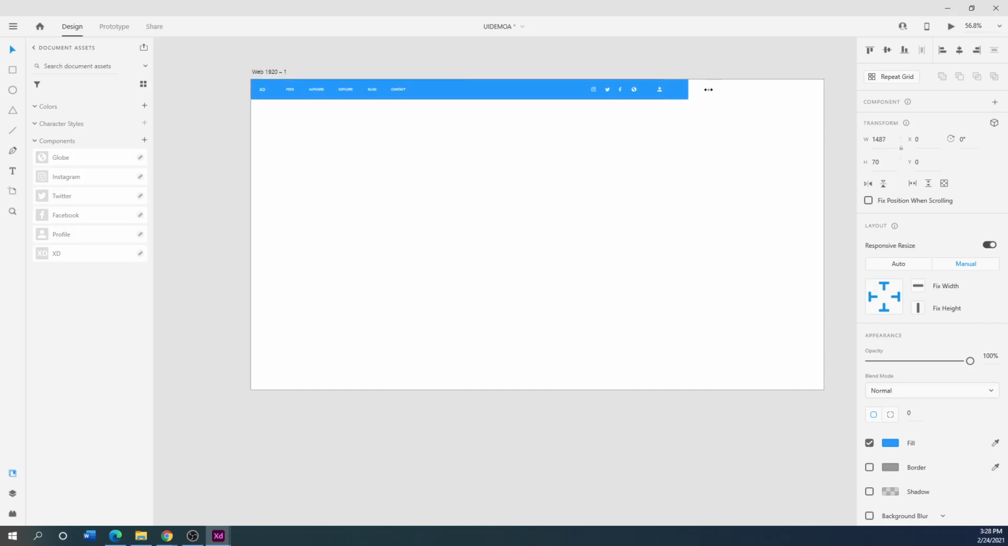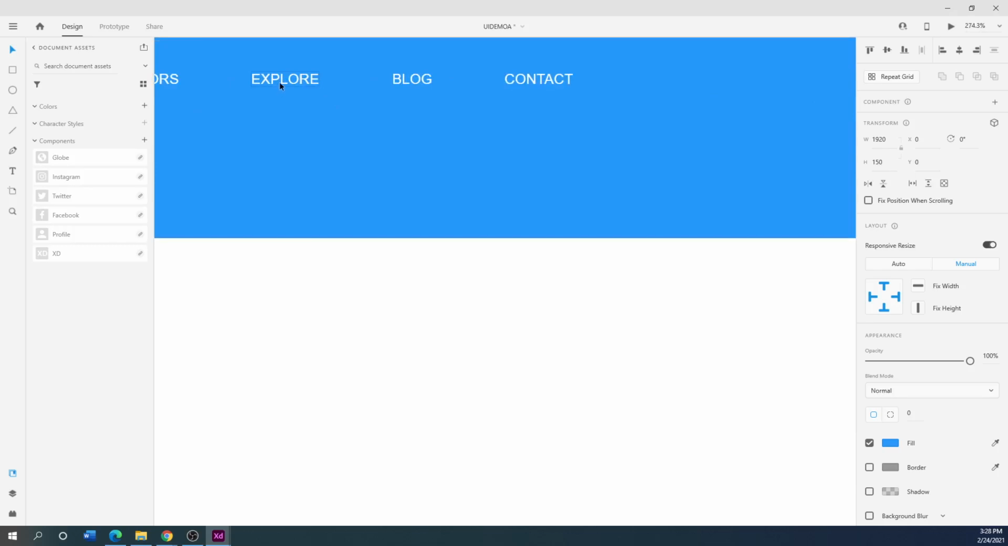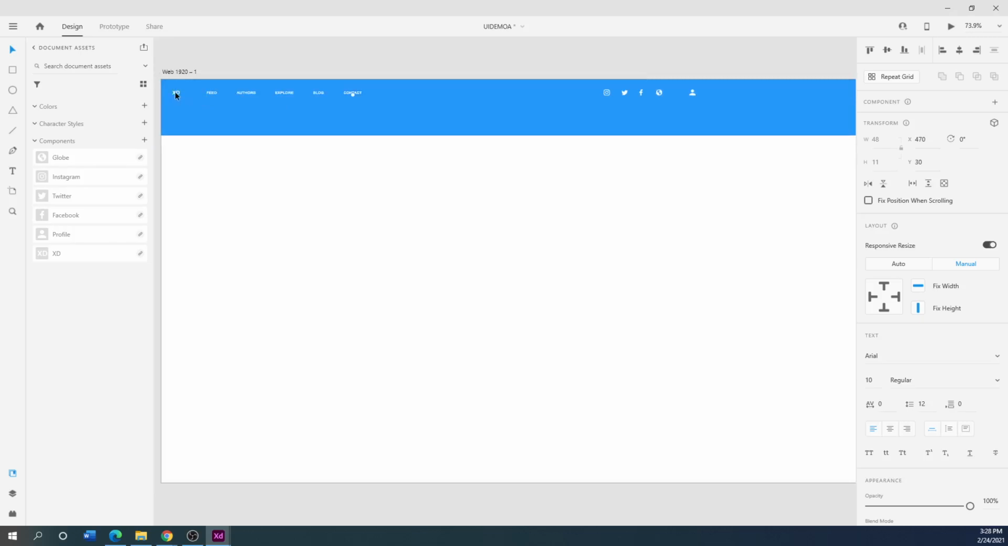You can stretch these things out, which is really cool because since it is a vector, everything scales with it. You could go in further here and change the text however you want to. For right now, I'm just going to leave it as is. I'm going to take this one as a contact. What I'm going to do though is change this to